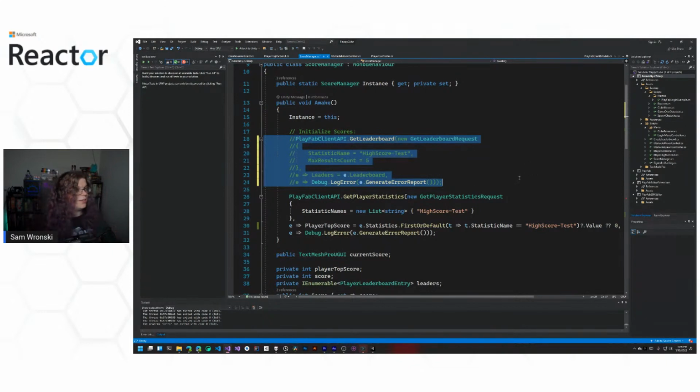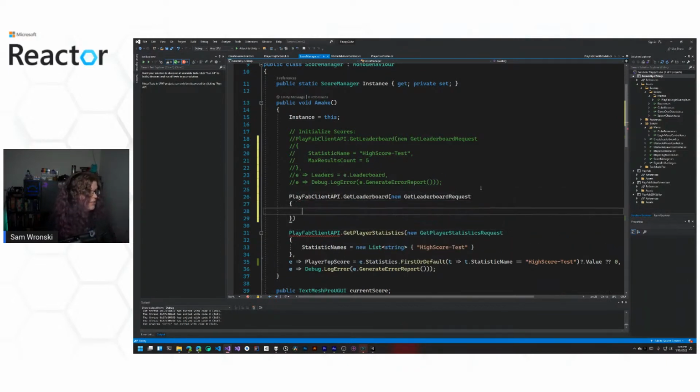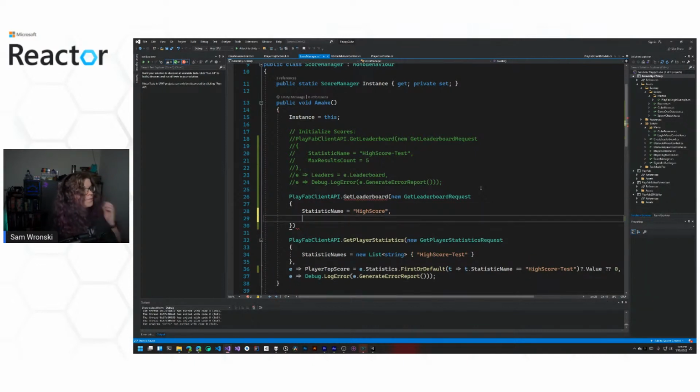So if I comment that out and just show you what's going on, we can do PlayFab client API get leaderboard. And we're just going to make a request out to that leaderboard. So we can do statistics equals our high score, and do a max results.